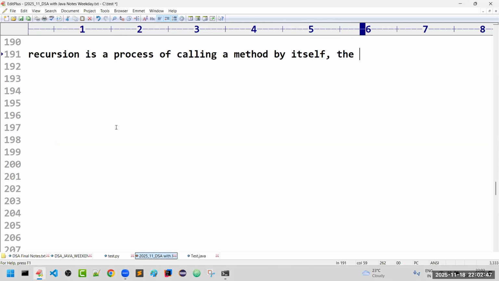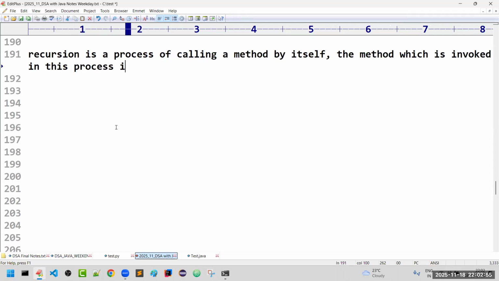And the method which is invoked in this process is called a recursive method. So the method which is involved in this process is called what? Recursive method.